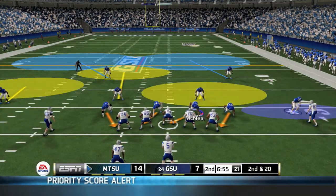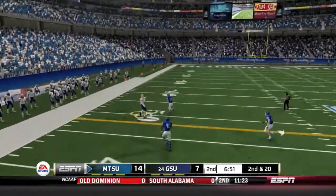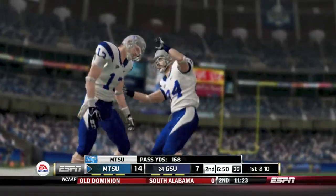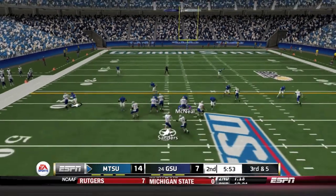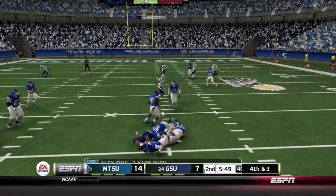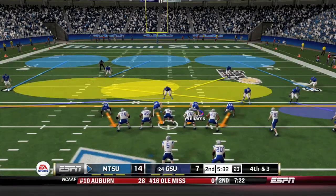The Blue Raiders take over here, 2nd down and 20 for them. Sanders back to pass, looking, firing deep, and wide open is Wheeler into Panther territory for the 1st down catch. 3rd and 5 now for Middle Tennessee State here. Sanders will hand off to Sims. Sims is going to get about 2 yards here, and the Georgia State Panthers think they have a stop here,